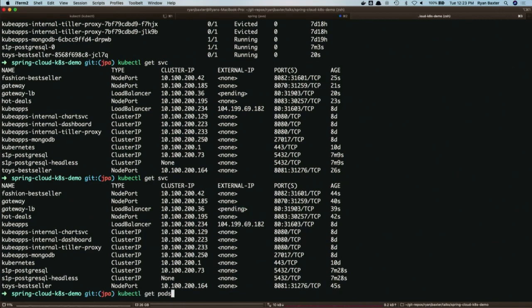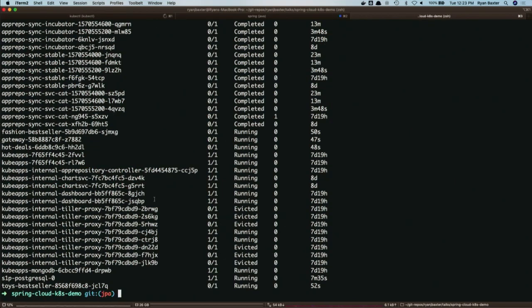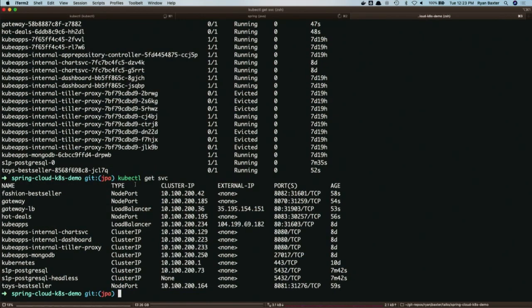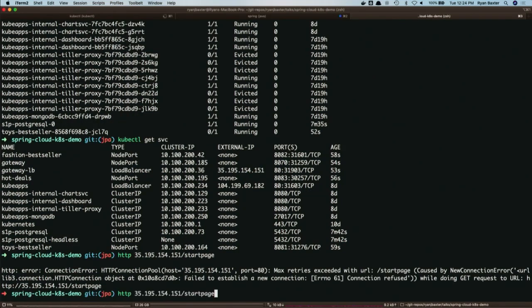In the meantime, let's check that everything is working. All right, all pods are running, and I have my IP address here. So if I hit this endpoint, oh, is it the right one? Yeah, we'll figure it out in a minute.